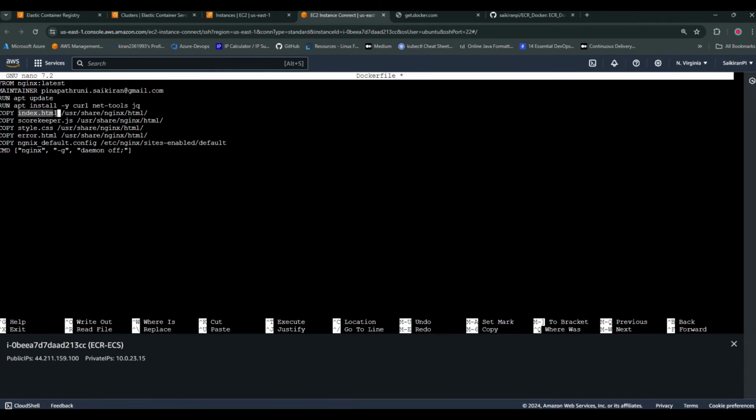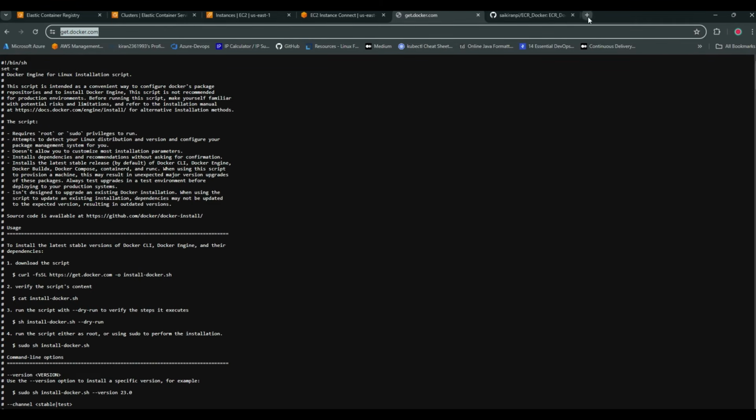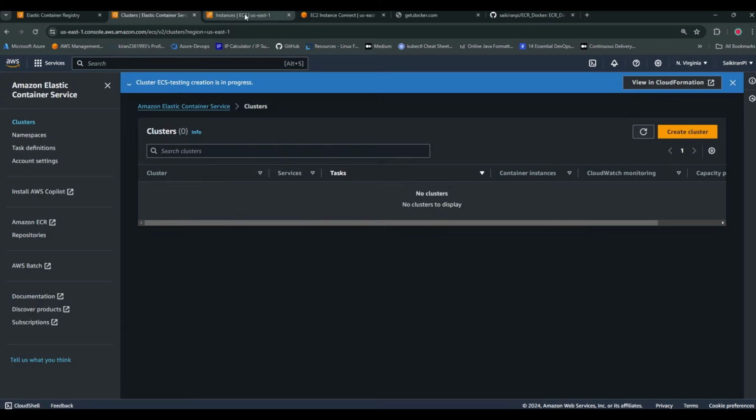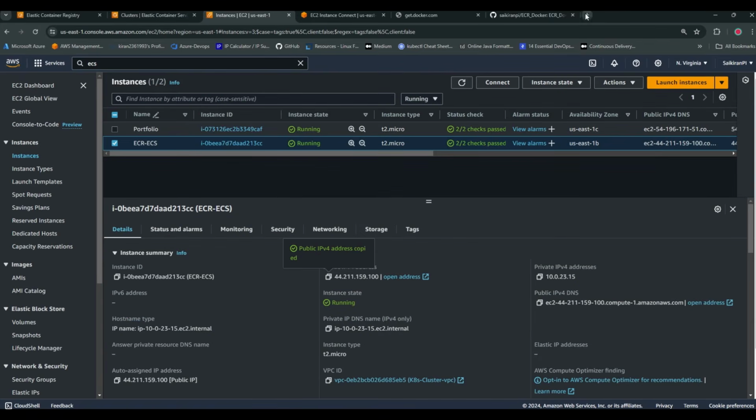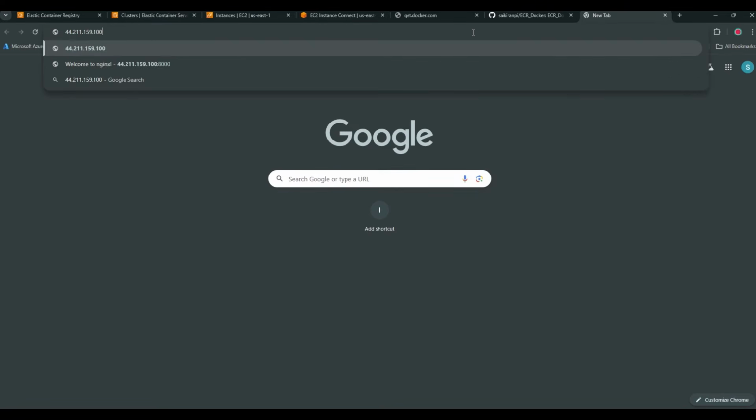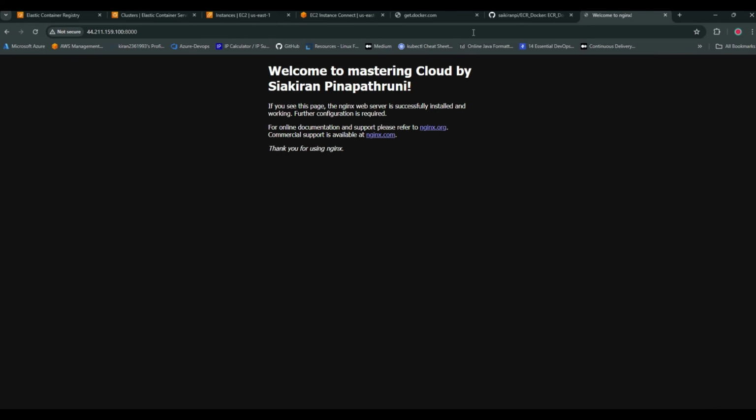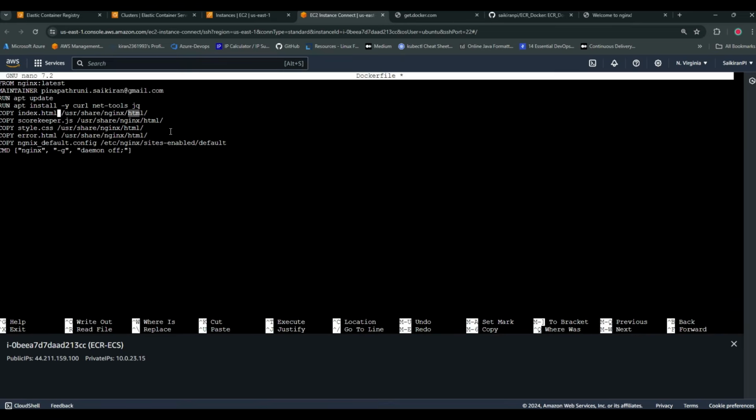If I copy my index.html file here, next time when I try to access my IP with the port number, here I should be able to get my web server, not this nginx server. So that is the reason why I am pasting all these files in this location. Got it? And then scorekeeper.js, again I'm pasting in the HTML directory itself, the default directory.